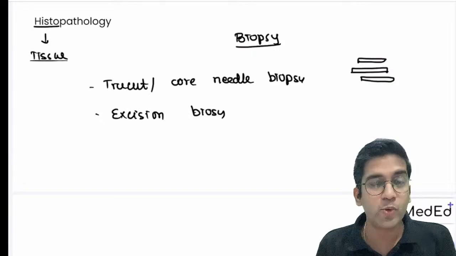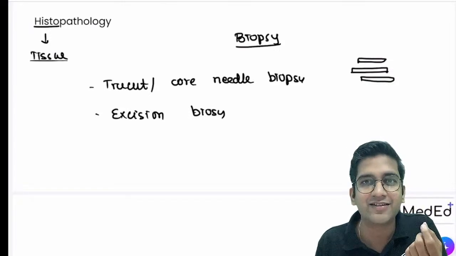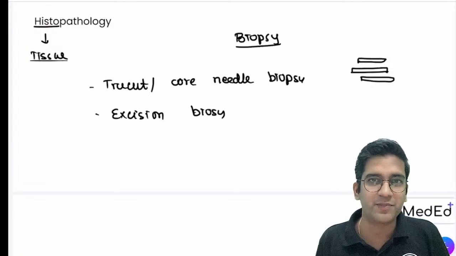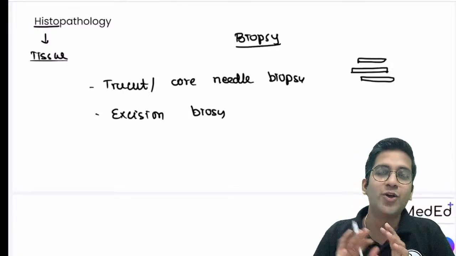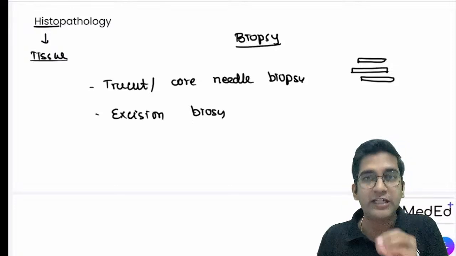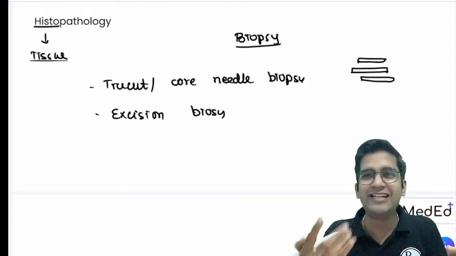Obviously, I remove it and send it for biopsy. When I have a sebaceous cyst, a tiny cyst, I'll remove it and send it for biopsy, because a lipoma can be easily diagnosed. I don't want to go and investigate that. For conditions which I can easily diagnose, like lipoma, sebaceous cyst, tiny things,